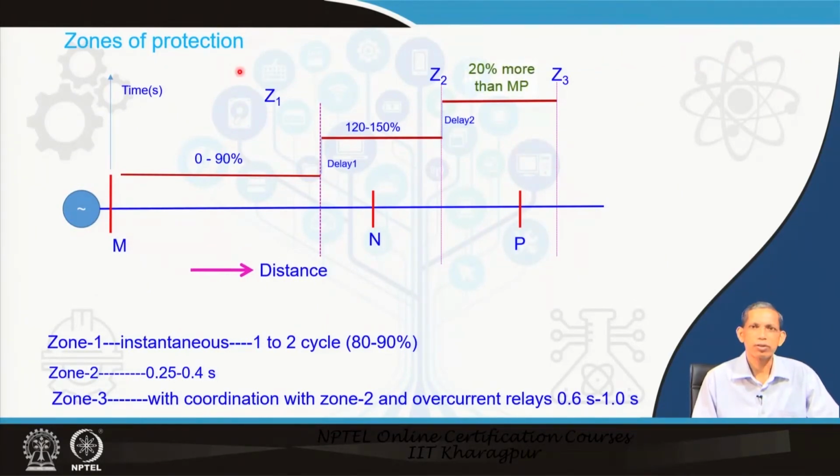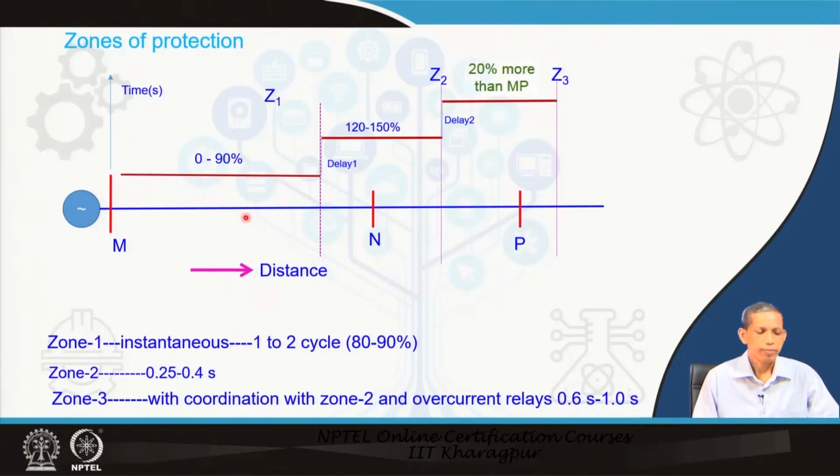These zones of protection are called step protection. Why step protection? If you see this one, the same Mn and Np sections we are considering, and we are bothered about only the relay here. In this diagram, we are showing only the relay Rm located here. That Rm has 3 zones as you have already enumerated: first zone, second zone up to this, and the third zone. Third zone is backup, second zone takes care of this section as primary protection, and first zone is primary protection.